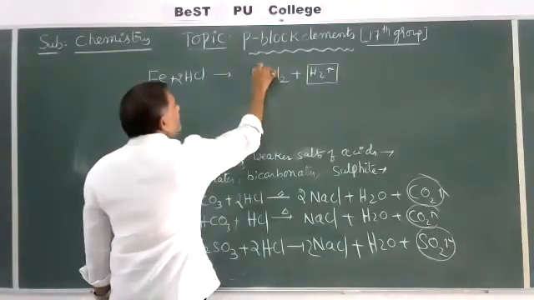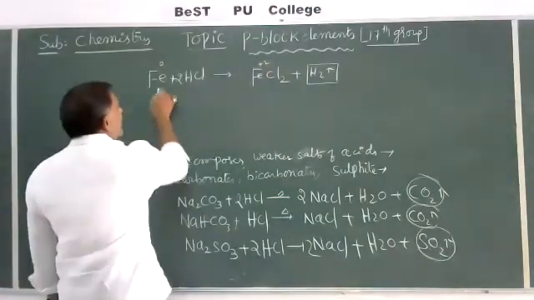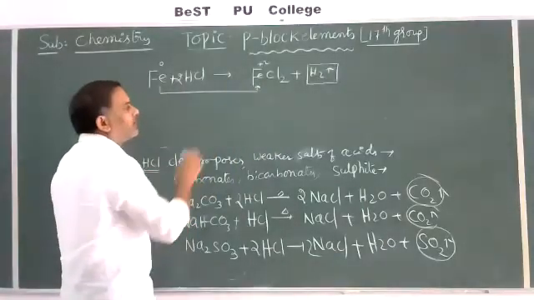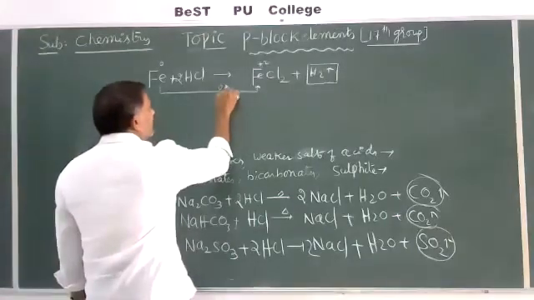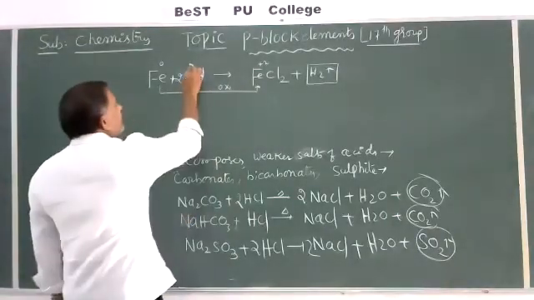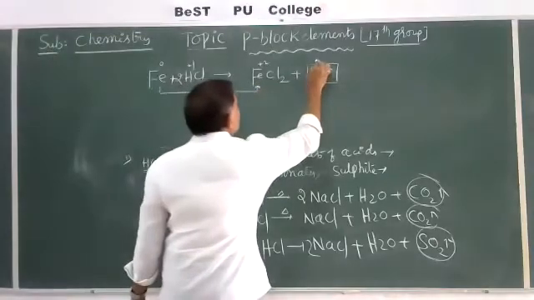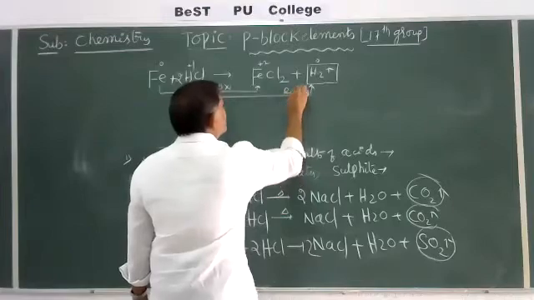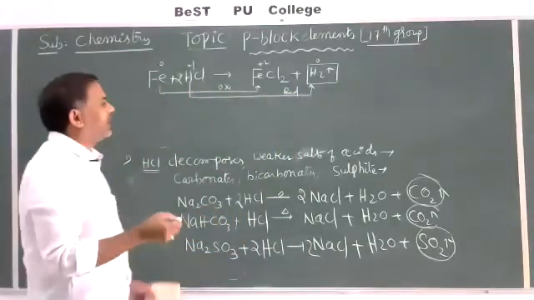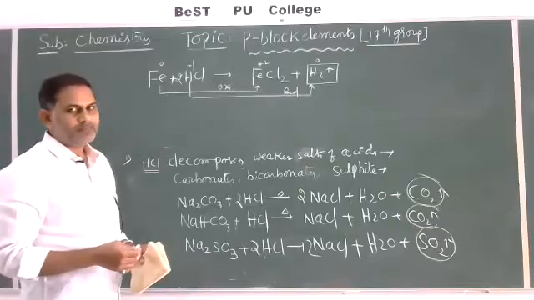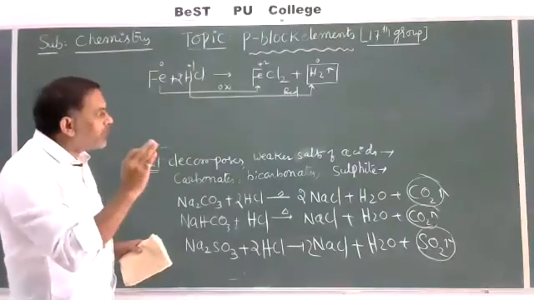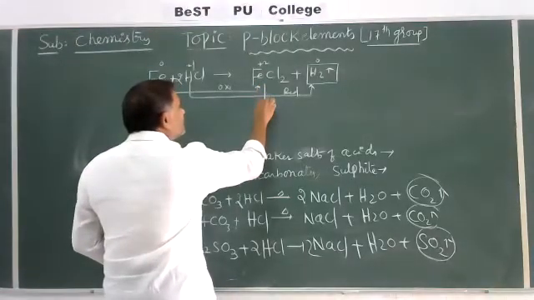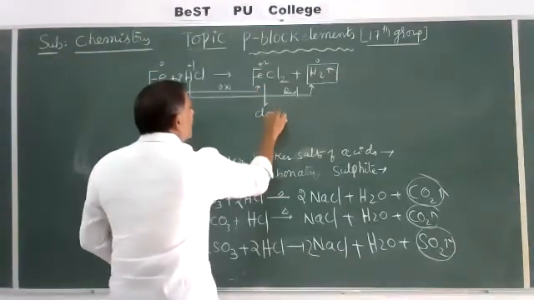Now here Fe is 0 and here it is plus 2, so the positive charge increases. Here removal of electrons takes place, an oxidation reaction. Here hydrogen is plus 1 and it becomes 0. Here a reduction reaction takes place, the addition of electrons. Okay, it is a redox reaction. But your main important concept is that the obtained FeCl2 does not